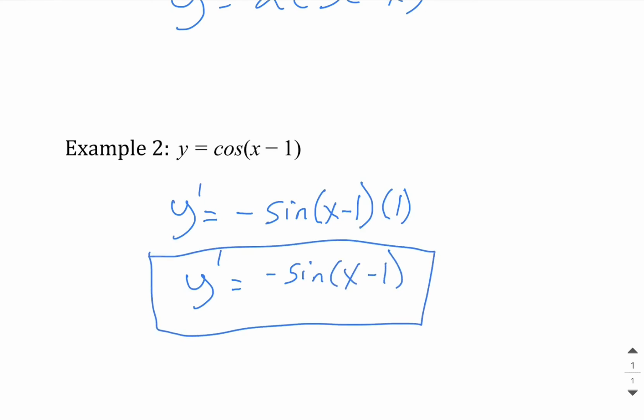So we know the derivative of cosine of x minus 1 is equal to negative sine of x minus 1. And that's how you take the derivative of sine and cosine functions. Just be careful, right? Just keep an eye, keep looking at that